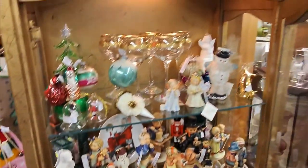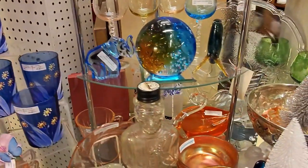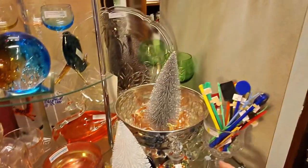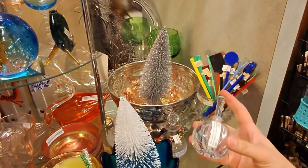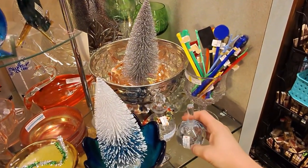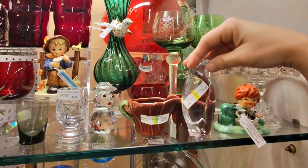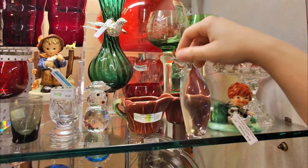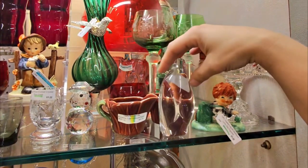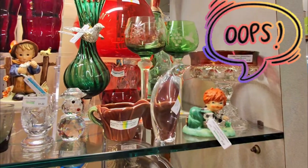And let's see. Ooh, some figurines up there. And here we are, looking at that huge paperweight and the glass elephant. I don't think any of those were Murano or anything like that. Cute little perfume bottle. That was $18. Up here, I found a penguin. And it was made by Dansk. It still had its original sticker on there, which I thought was cool. I don't know if I've ever seen this one before, so...